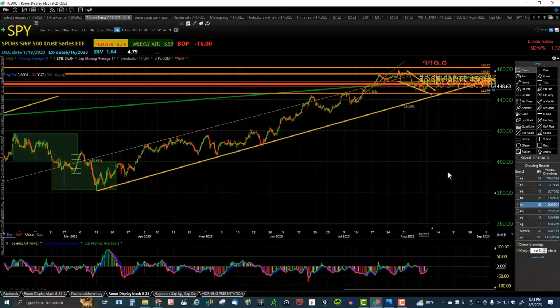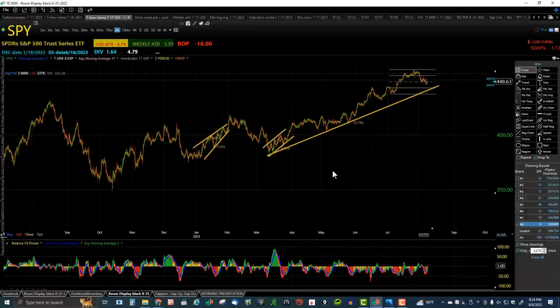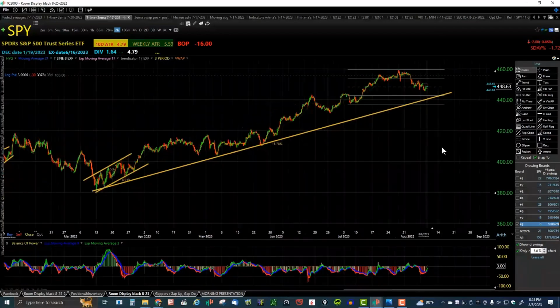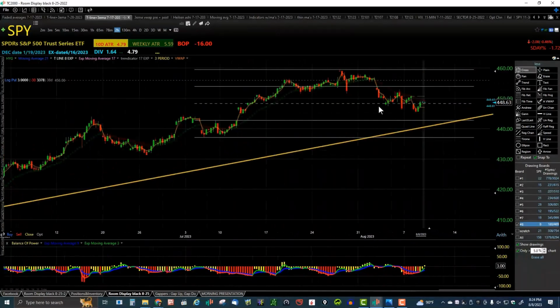And I think it's got it right in through here. See this wild action that we're getting right here? And we keep making lower highs and lower lows. Well, we had it again over here, and we made higher highs and higher lows, and you can see where price went. It eventually broke out to the upside, and you can see the same thing is happening right now, and that's why I'm looking for this to break down to the 4250 area right on top of